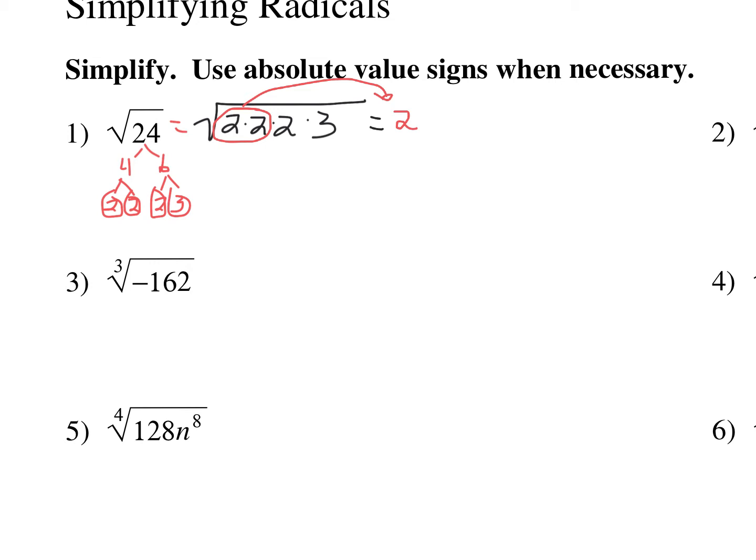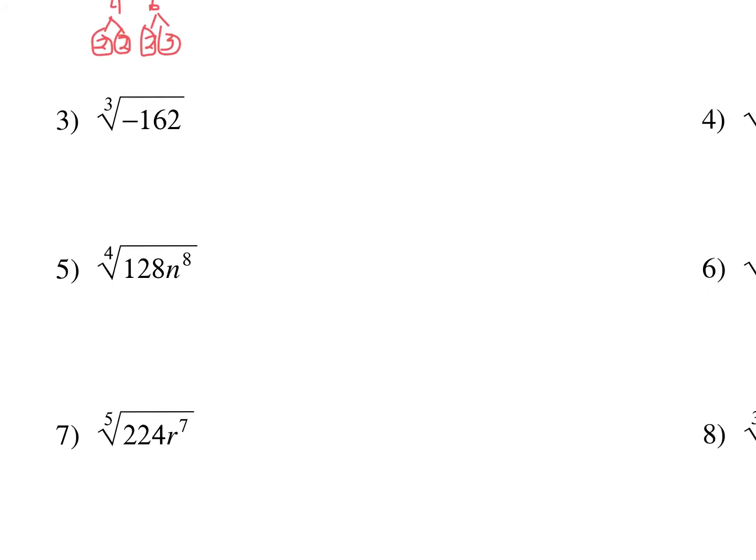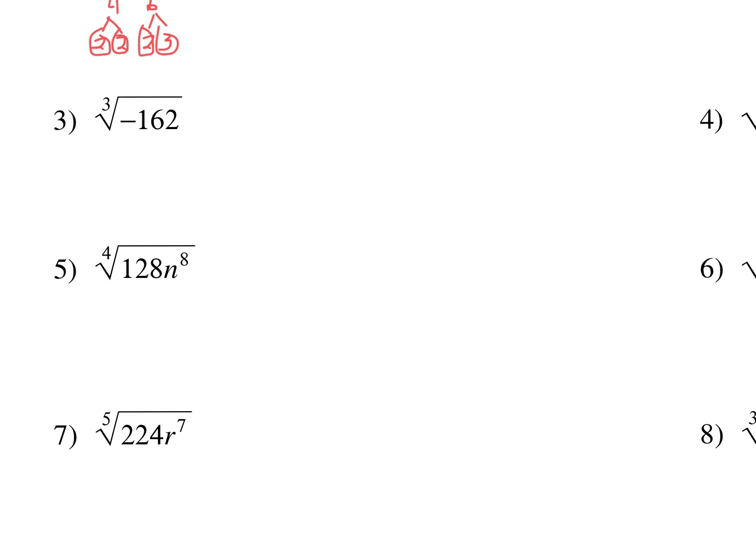And then you are going to multiply whatever's left over that didn't make a group of 2, and that will go underneath the radical. And so since 2 times 3 is 6, 6 stays under, and this becomes your simplified radical. So that was a square root, so let's look at a cube root. So this time I'm going to split out the negative from the number